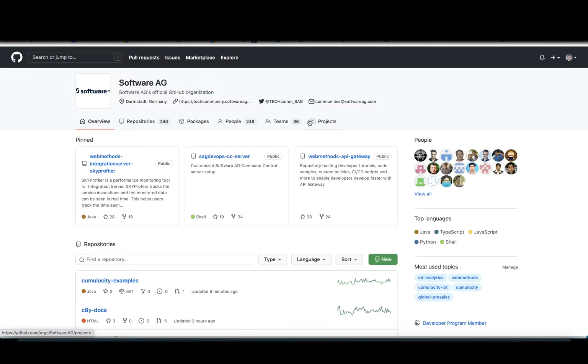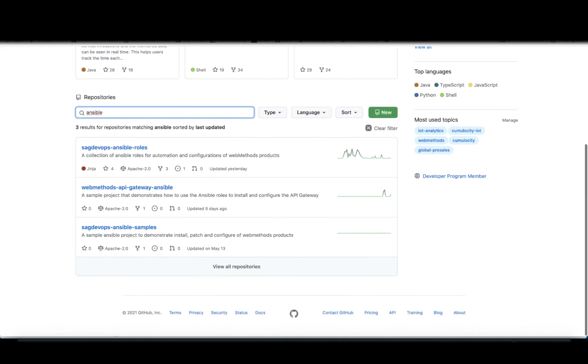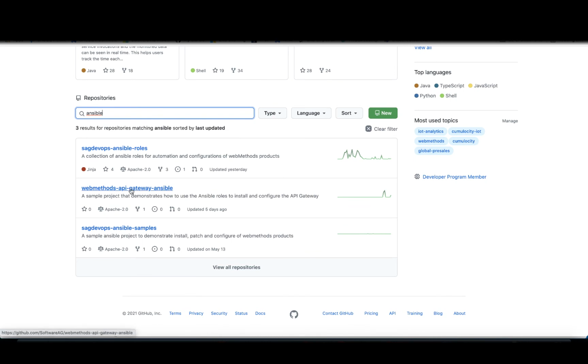And speaking of code, this video is not meant to be a tutorial on the code itself, but we can take a look at it for some perspective on what it looks like. So first, let's find our project on SoftwareAG GitHub. Okay, so we have github.com/SoftwareAG. We arrive on this page. We search for Ansible. There are a few Ansible projects, one of which is the API Gateway Ansible, which I've